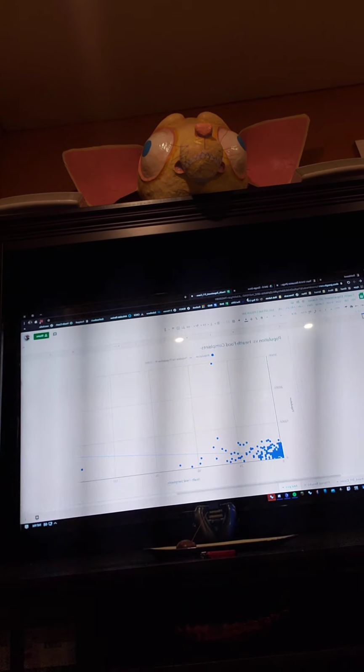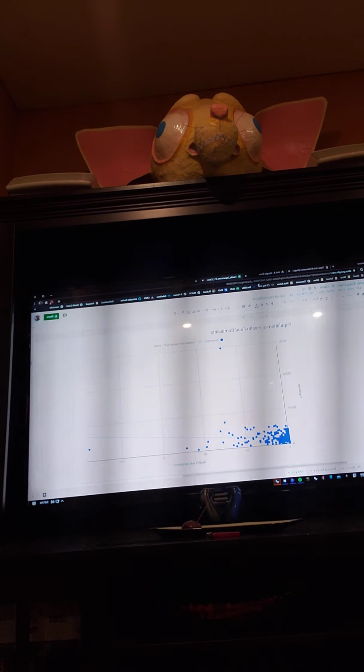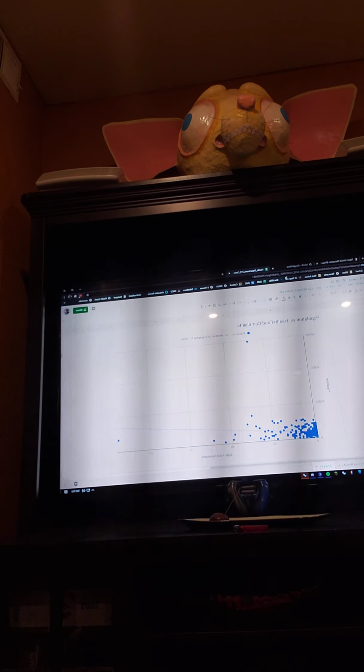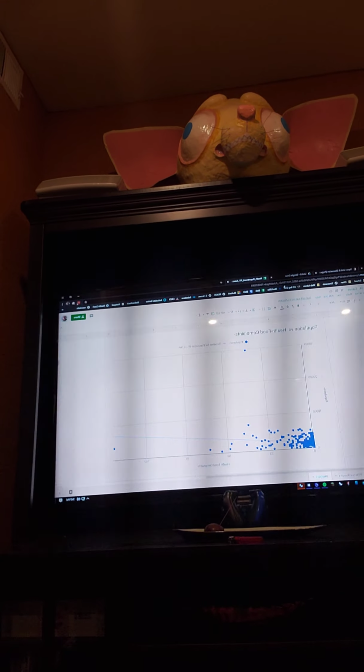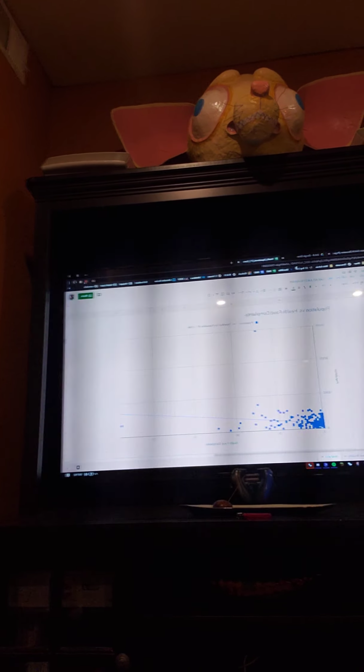You can see the scatter plot here, that the correlation, or I'm sorry, the regression is that of a 0.066. And you can see that there is a trend line that the higher population you have, the more complaints you'll have. However, what was interesting to me was the fact that that is not entirely true, and that's a very weak relationship between the amount of complaints and the trend line for the population.